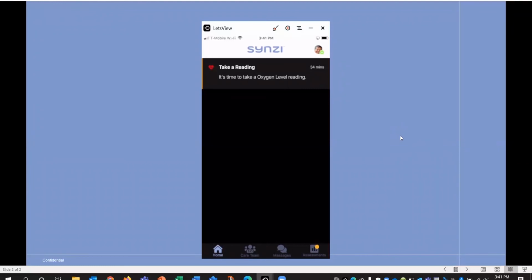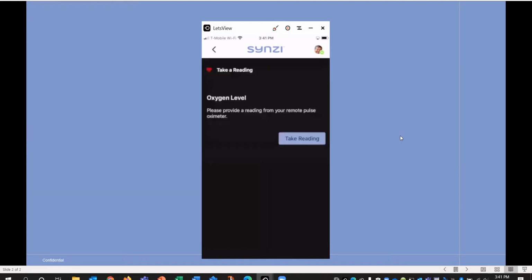What you see right here is the home screen, which is basically a list of reminders and items that a patient needs to pay attention to. So in this case, we see that the patient has been requested to do a remote reading for oxygen level. So I've got a Bluetooth oxygen device here that I'm going to put on my finger. And so as the device is paired, getting a reading is as simple as having that device on, and then taking a reading